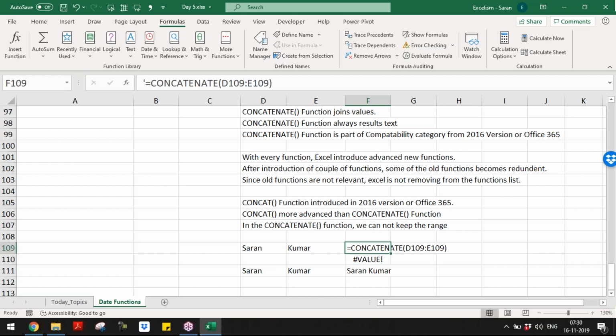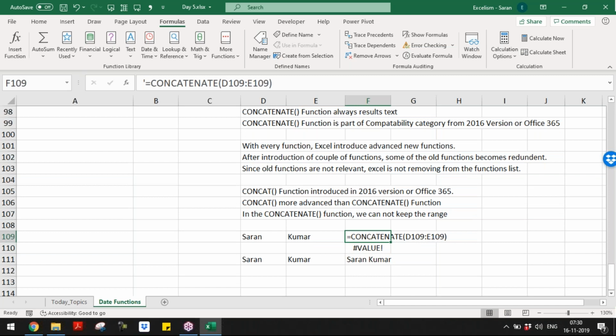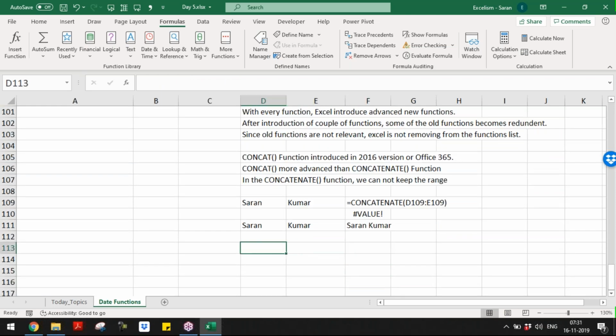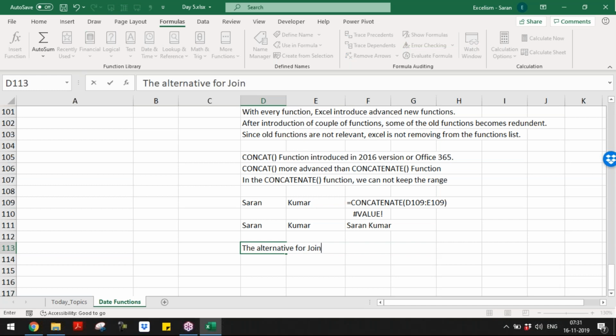This is CONCATENATE, this is CONCAT. The CONCATENATE function has a limitation, you cannot keep the range inside. But with CONCAT, you can. That means even if I have 1000 items to join together, just take A1 colon A1000 and your answer will come.